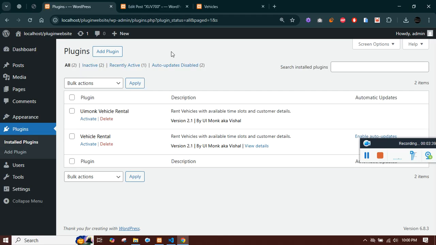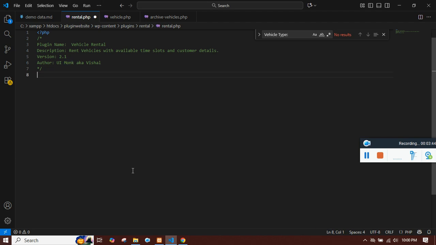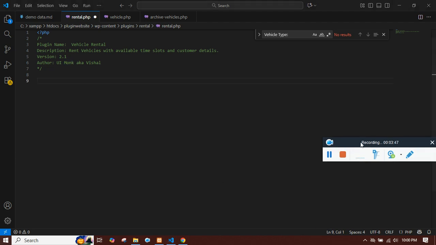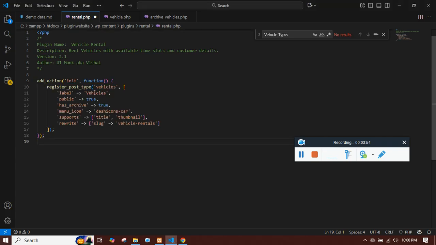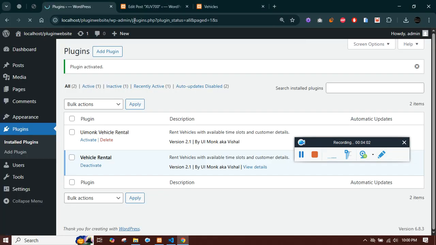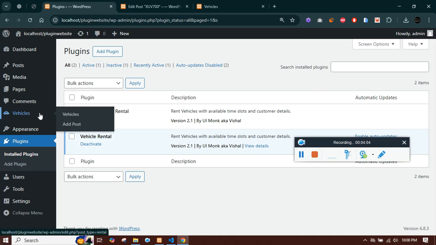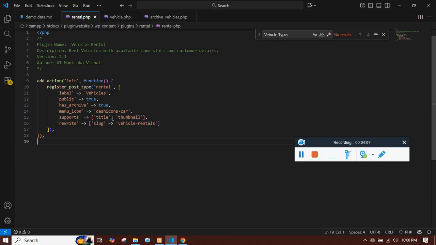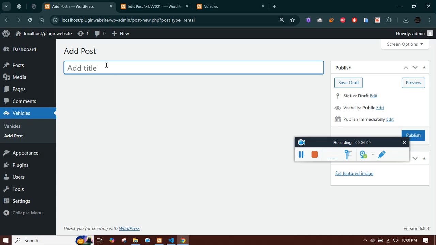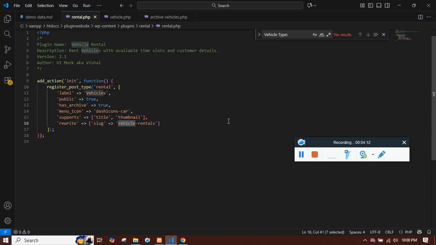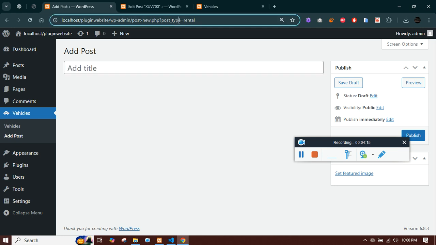Now you will see vehicle rental. So if I click on activate, nothing will happen because we haven't written any line of code inside it. So I want to create a custom post type. For that we'll call the hook called init and attach our function, which is register post type, to it. So this is our CPT, and I'll just make it as a rental. This is our custom post type, this is label, and this is enough to make our link available on the sidebar. So if I click on add post, by default we have title and thumbnail, and let the slug be just rentals,